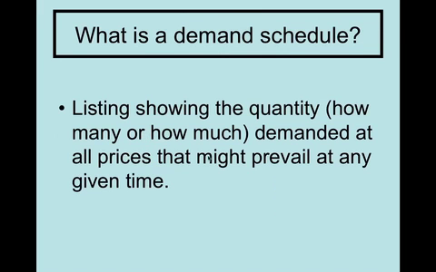Now, what happens is that we can develop what are called demand schedules and demand curves. Basically, a demand schedule is a table, for lack of a better word, that's going to tell us at every level of price how much consumers might demand of that particular product. And one thing we have to keep in mind here is that we're in a little bit of a vacuum when we first look at these. We've talked about economics as a science, a social science, and so when we study things, we have to be doing that based on this concept that this is a vacuum. We're just looking at this particular product, and then we'll start expanding out as we go.